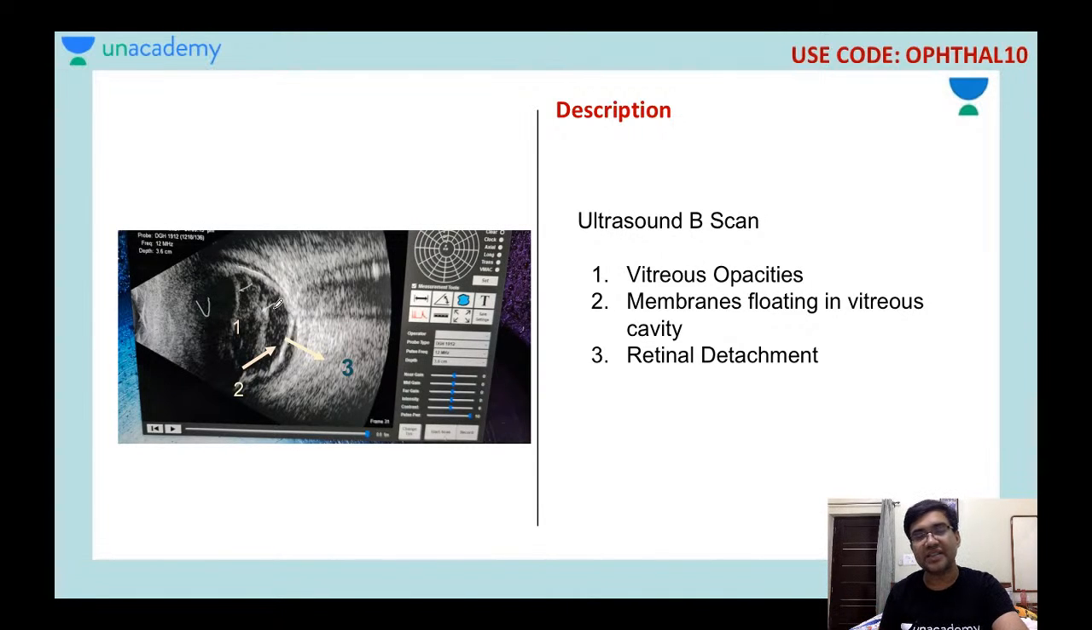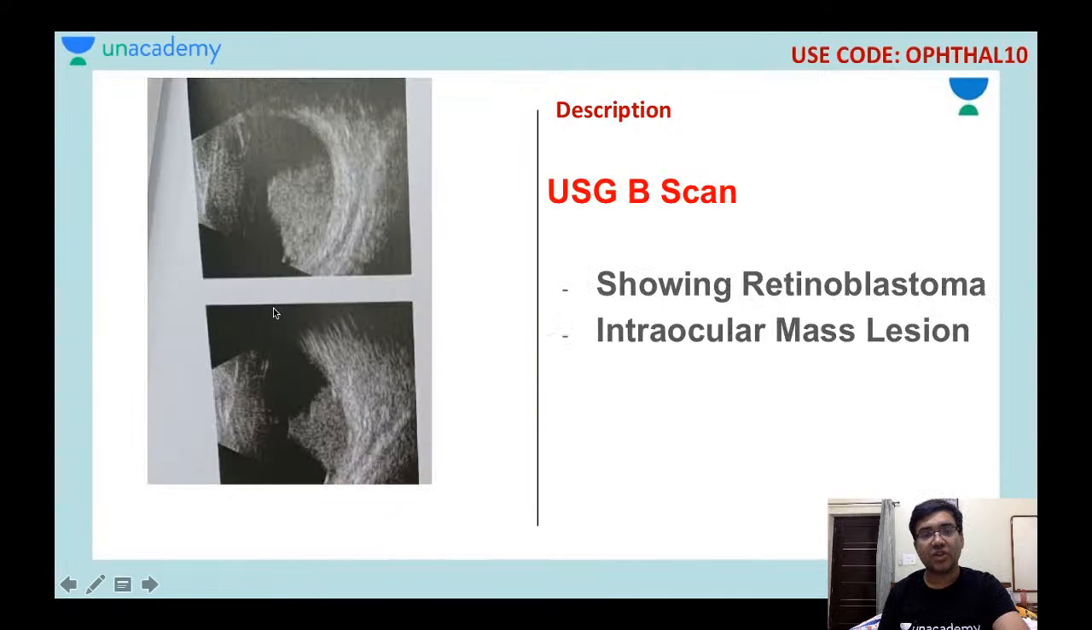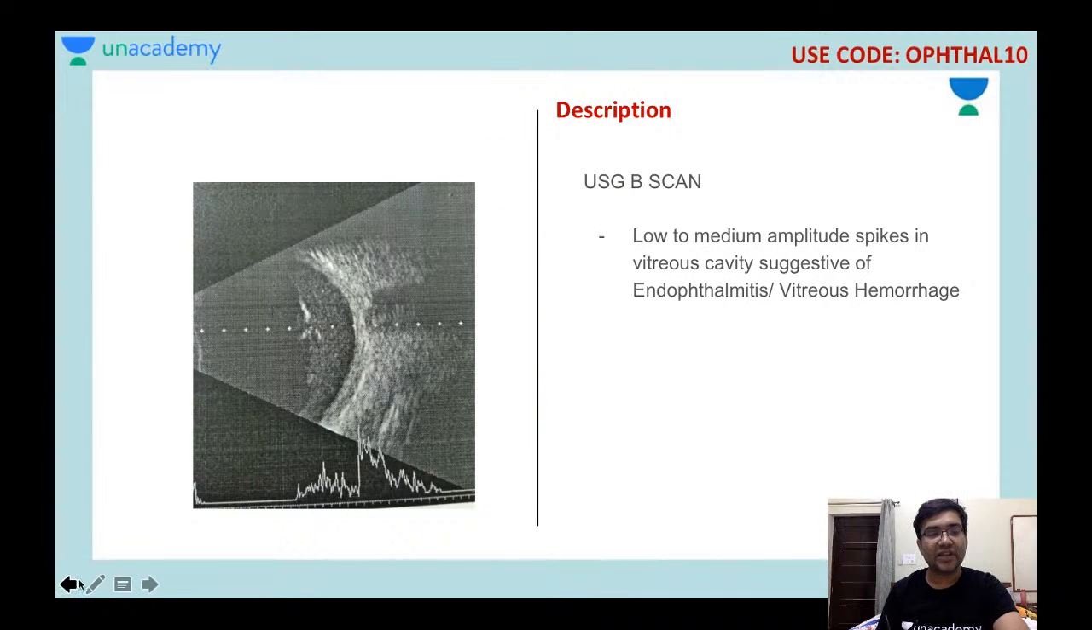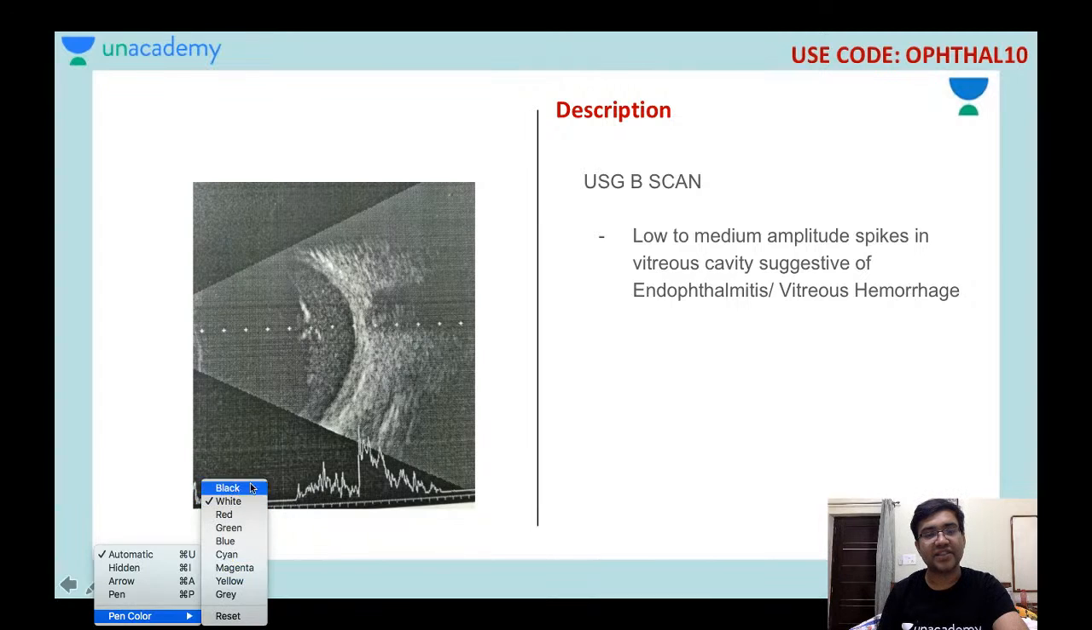And ultrasound B scan is a very important modality whenever you do not have access to the view of the retina and the vitreous, and there may be a corneal opacity or a very hypermature senile cataract or an uncooperative patient like a very small child where you cannot see the retina. Okay, so then this is a picture where you can see the USG B scan which is there in the